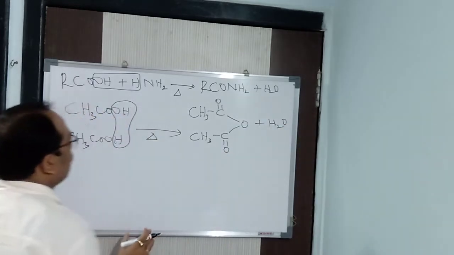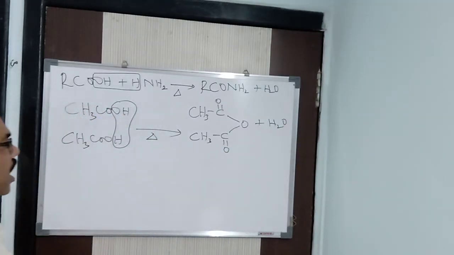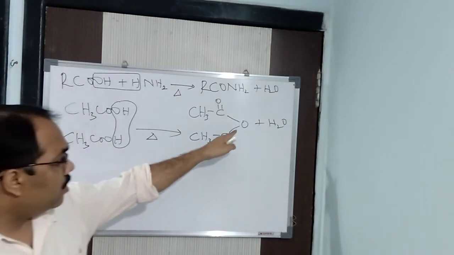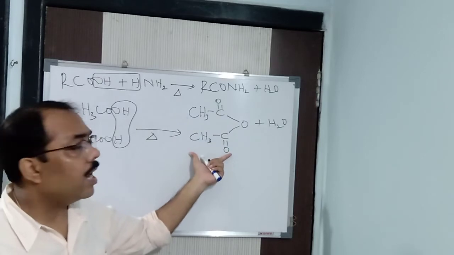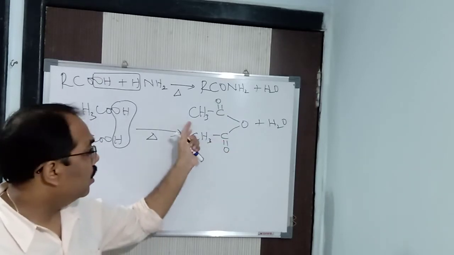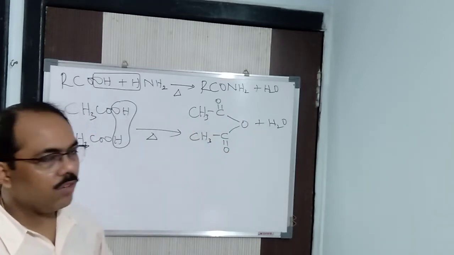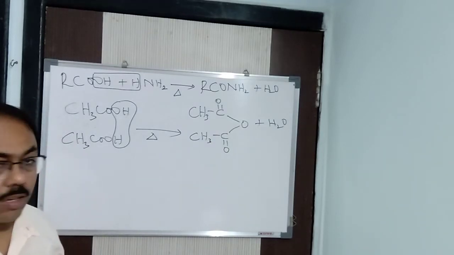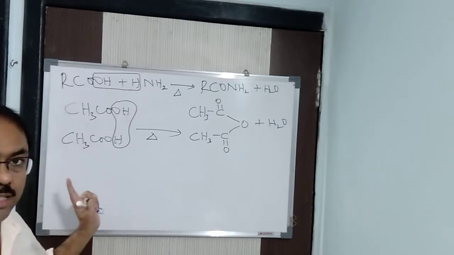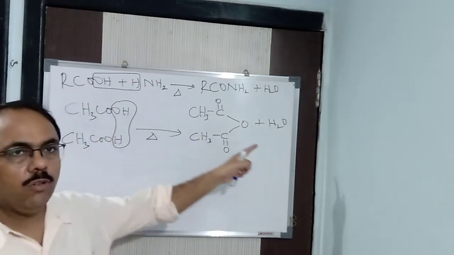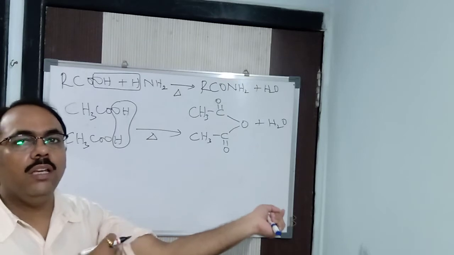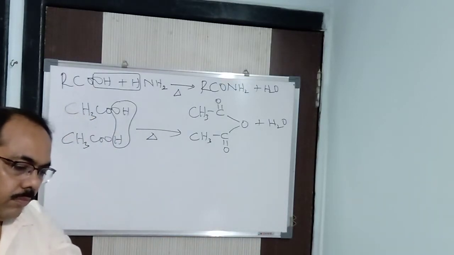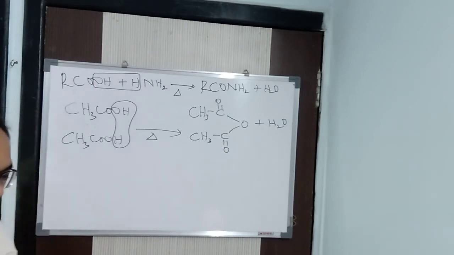This is known as acetic anhydride or simply ethanoic anhydride. See here, CH3CO, CH3CO and one oxygen common. So it is called ethanoic, 2 carbon, eth. Here also 2 carbon. Don't say diethanoic, it is ethanoic anhydride, because always 2 molecules of acid you require to remove 1 molecule of water. Any acid it is, 2 molecules you take, then only you will be getting anhydride. Clear? In this way, if you are heating it, you will be getting it.